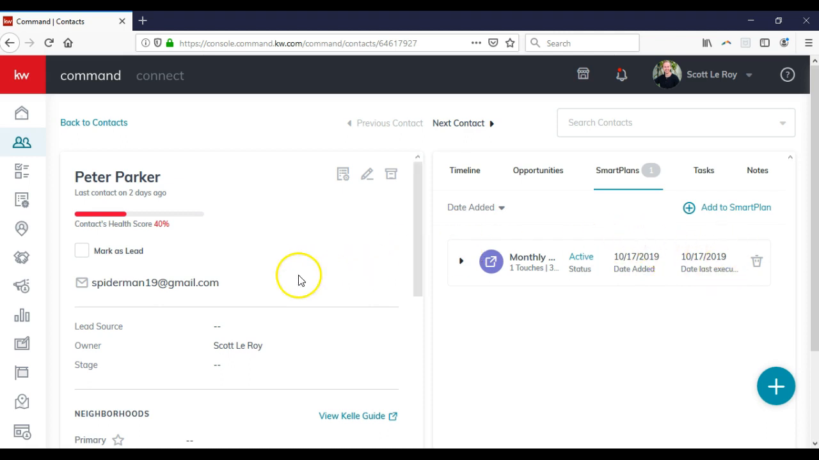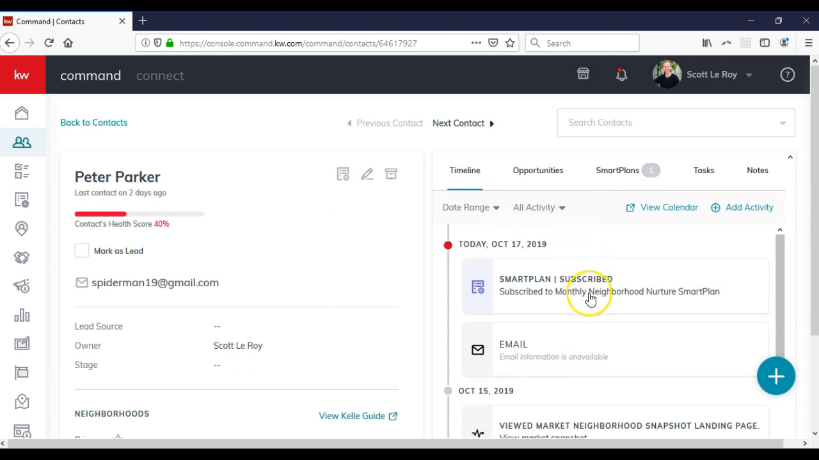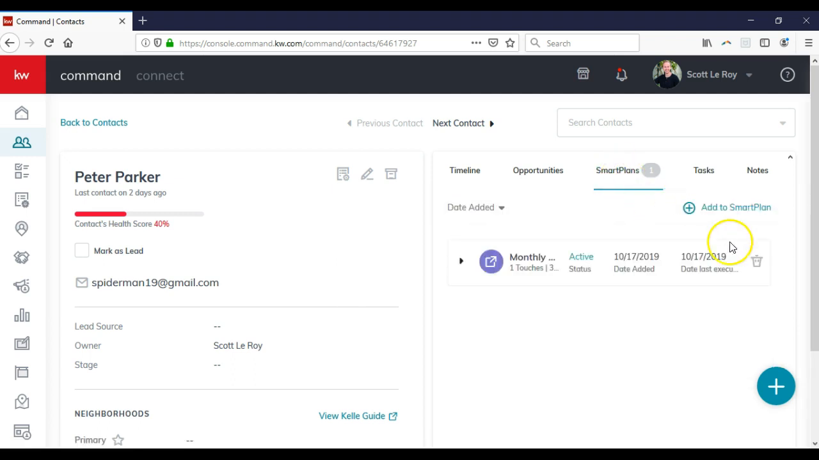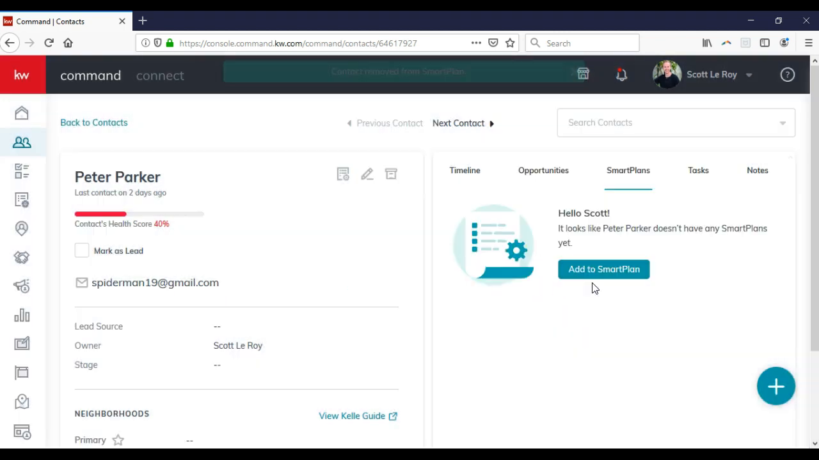Now I'm going to turn this off, though, because I don't know who has spiderman19@gmail.com. But in this case, it's automatically going to start to send out for that person, and we'll be able to see inside our timeline what's been completed on here. If you notice, Smart Plan, subscribed. Then the email, the information is unavailable right now, but it will be very soon. So that'll automatically update it for us. I'm going to click that unsubscribe button on here real quick. There you go. I just want to show you how simple it is to set up a Smart Plan